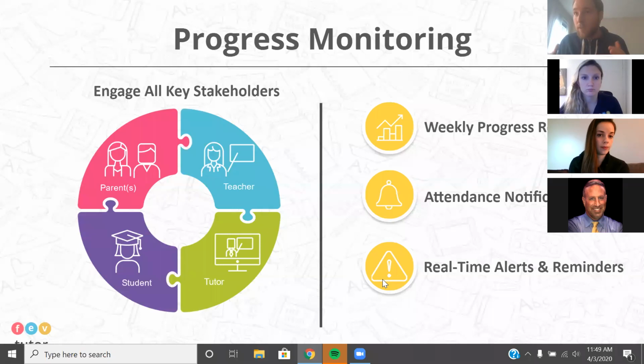In this model, with equity and access being of the utmost importance, a lot of our school partners are transitioning over to more wide scale access for their entire student population or for an entire grade level, for example. And so by providing this type of progress monitoring and participation data back to our school leaders,